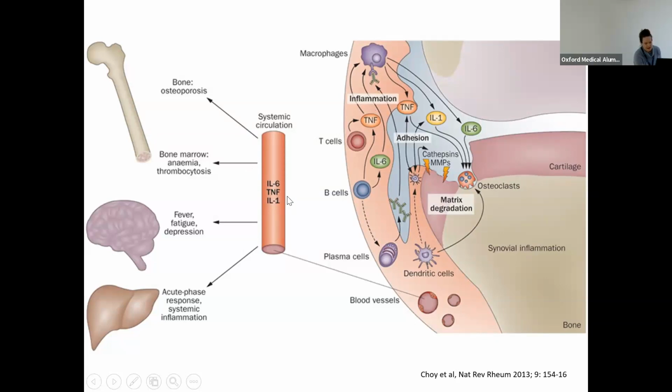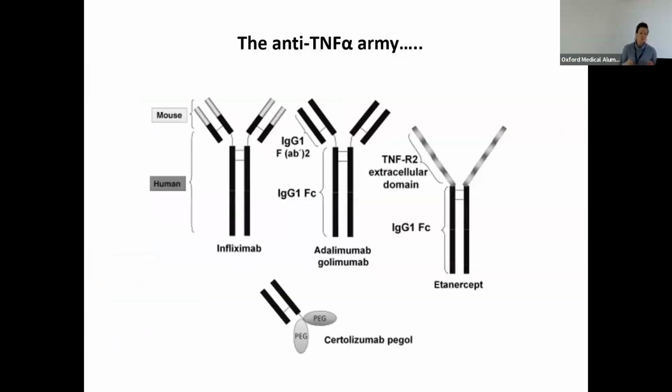And circulating IL-6 and TNF orchestrate B cells, T cells, amongst other players. And you can look at this at leisure another time, and I've got the citations on all of my slides, but they orchestrate this inflammatory burden that disables the patient and degrades their bone. But knowing this, you know what to do about it. And so we've got a host